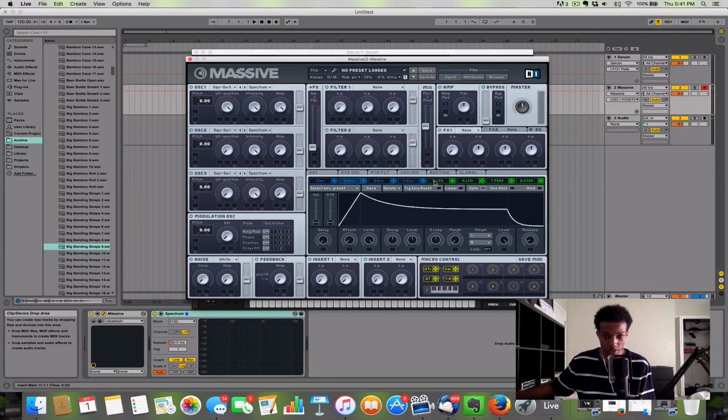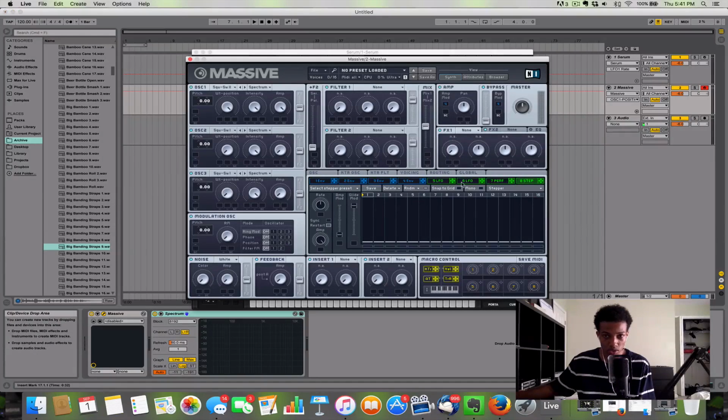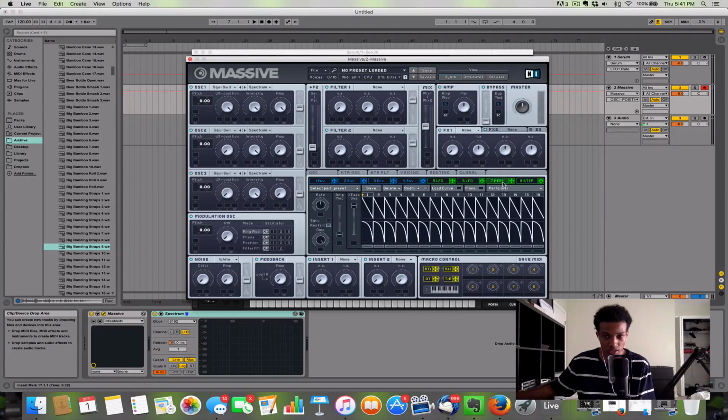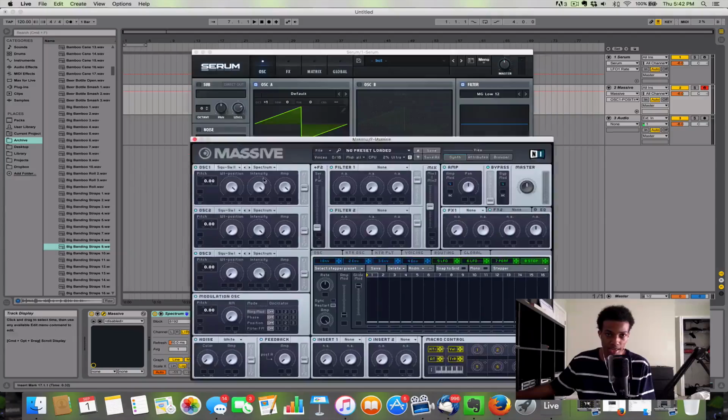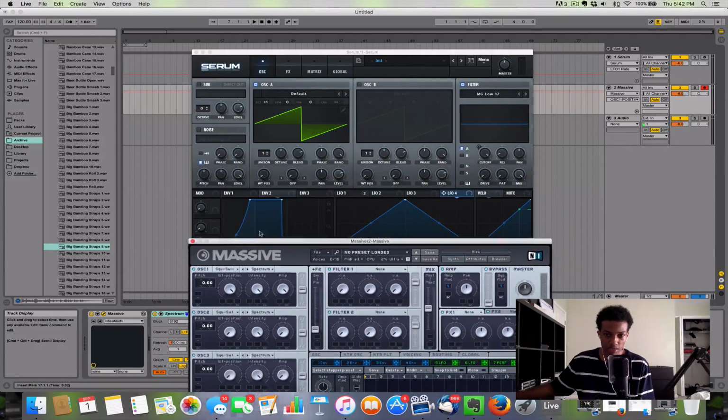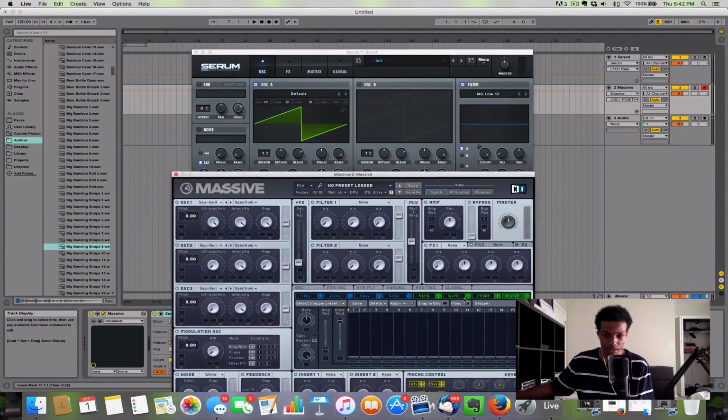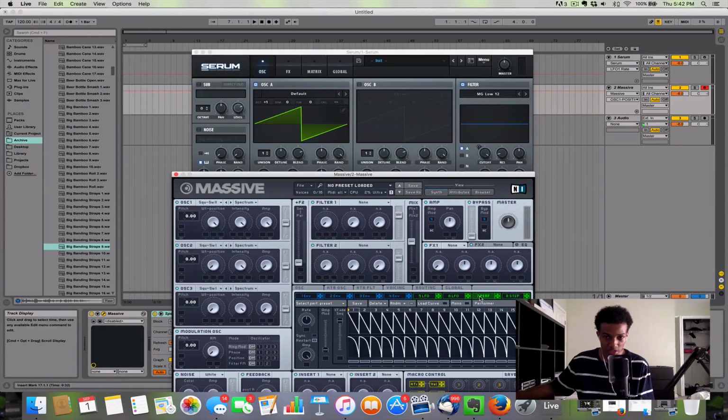There's 4 envelopes and there's 4 LFOs. There's 2 LFOs in one performance mode and a step sequencer. So in Serum, the step sequencer, the LFO can literally be used like a step sequencer or a performance sequencer right here,